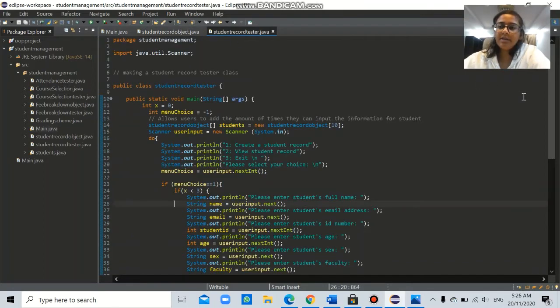Next, we have the student record tester, which is also the driver class for the student records. And here I made a student record menu with 3 options. As shown here, creating a student record, viewing a student record, and exiting the system. So again, I used a scanner to allow the user to input the data, and then I've also used a